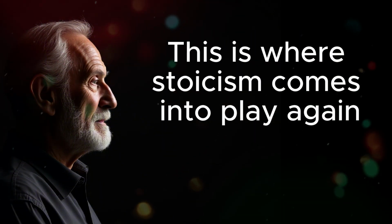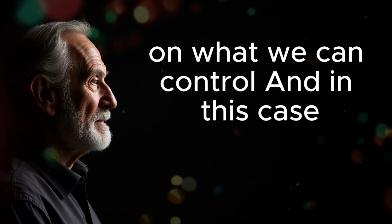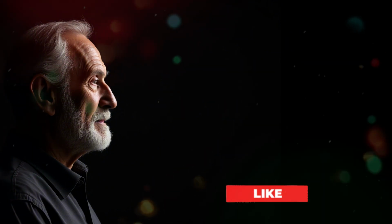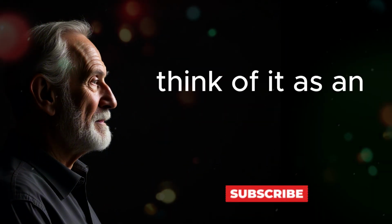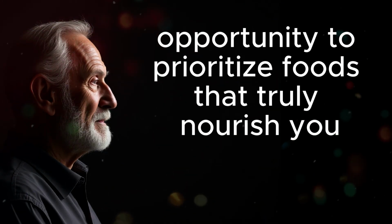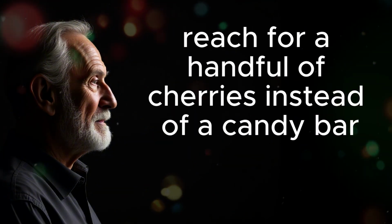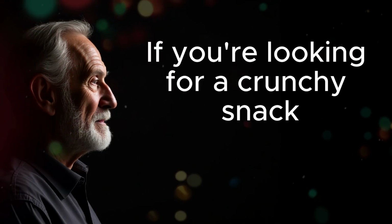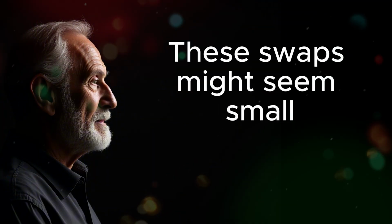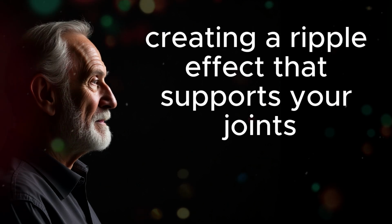This is where Stoicism comes into play again. The philosophy teaches us to focus on what we can control, and in this case, that means being mindful of the choices we make at mealtime. Instead of viewing this as a restriction, think of it as an opportunity to prioritize foods that truly nourish you. For instance, if you're craving something sweet, reach for a handful of cherries instead of a candy bar. If you're looking for a crunchy snack, try roasted chickpeas or walnuts instead of chips. These swaps might seem small, but they add up over time, creating a ripple effect that supports your joints and